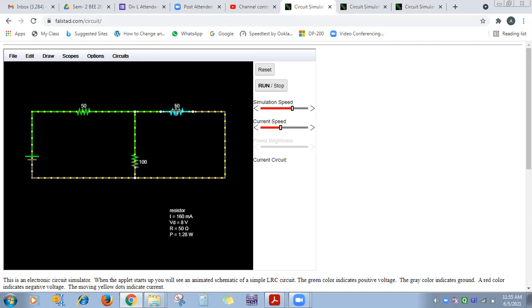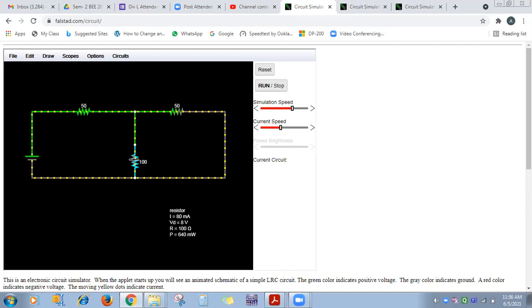So for R2, what is the value of V2 and I2? 8 and 160. Correct. 8 volt is V2 and 160 milliampere is I2. Correct. And what about V3 and I3? 8 volt and 80 milliampere. Correct. 8 volt is V3 and I3 is 80 milliampere.